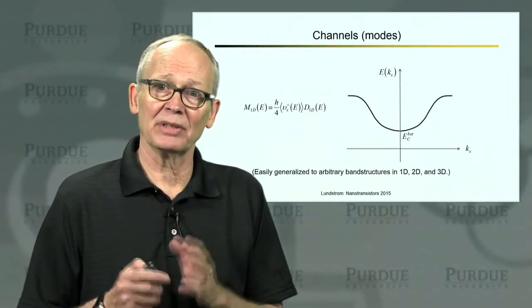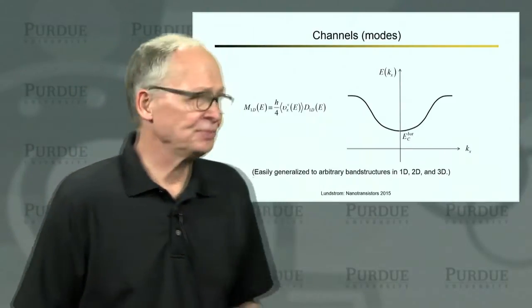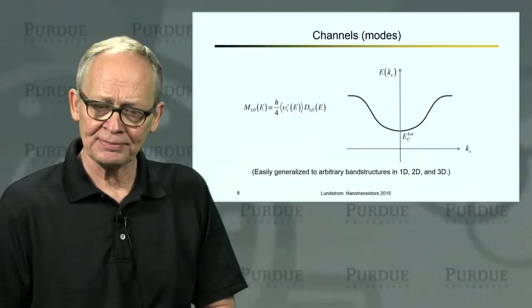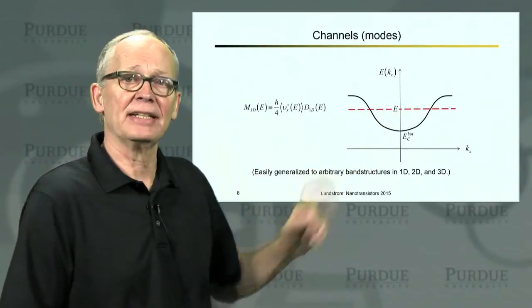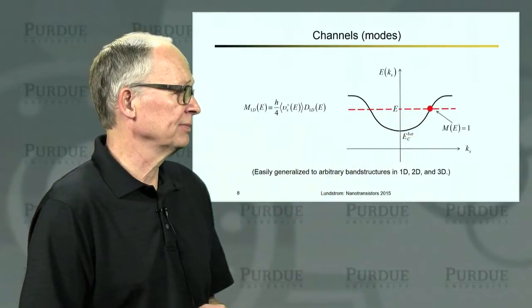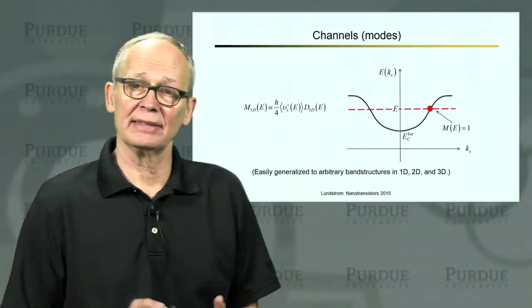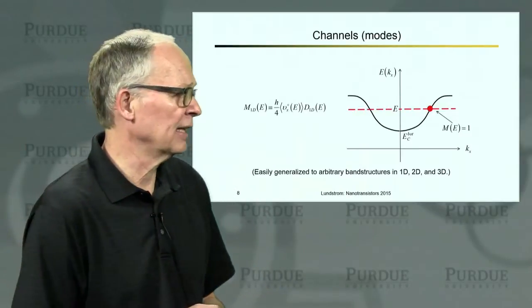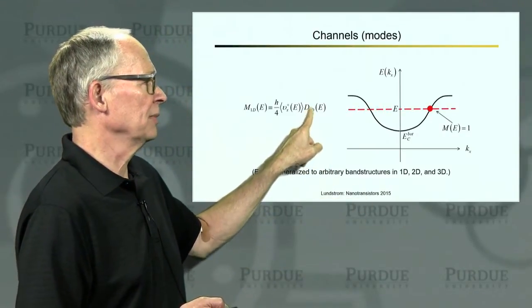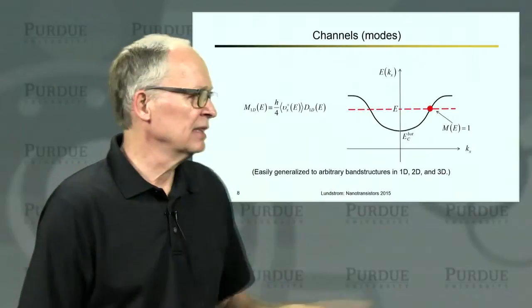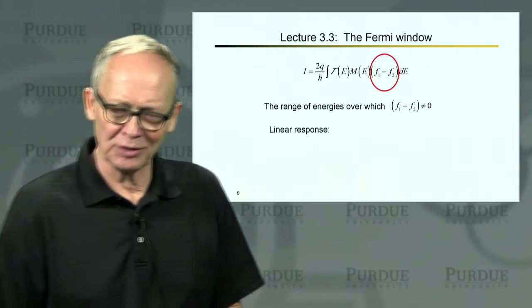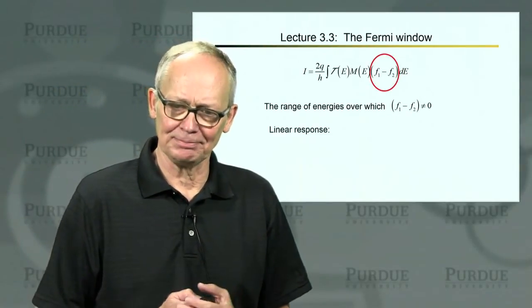We also talked about what the physical interpretation of a channel is. So if this is an E-k diagram in one dimension, then if I ask at a particular energy, is there a channel for current to flow? And if I find a state at that energy, I can say, yes, there's a channel to flow. So in this case, I would have one state at this energy. So it's easy to visualize in 1D. This particular expression works in 2D or 3D, and this kind of argument could be generalized in 2D and 3D. It would be a little bit more challenging to draw the pictures for that.